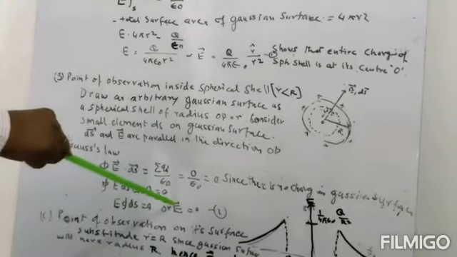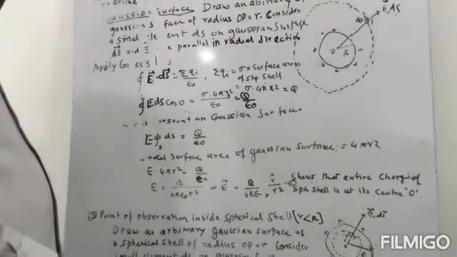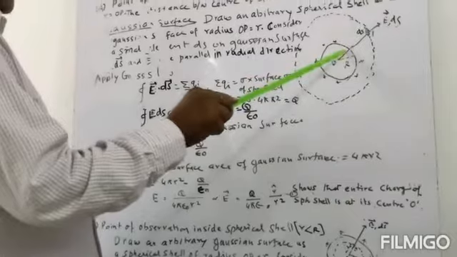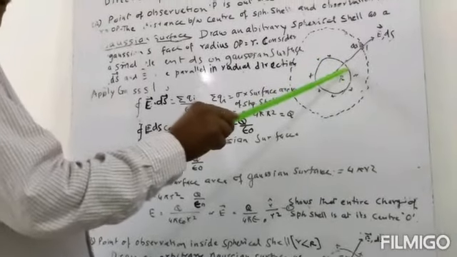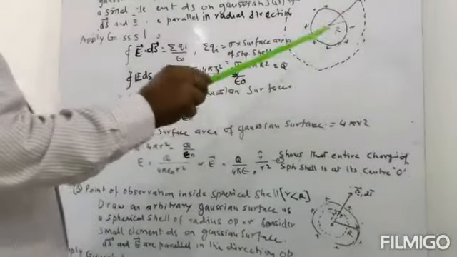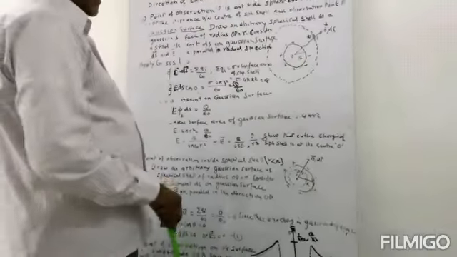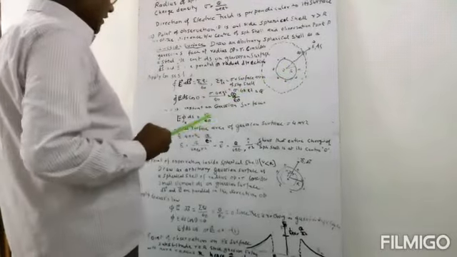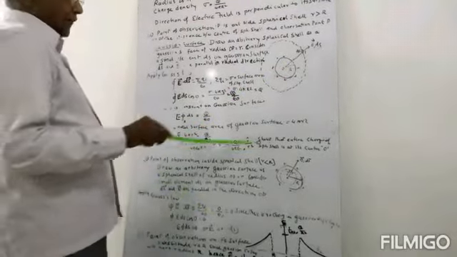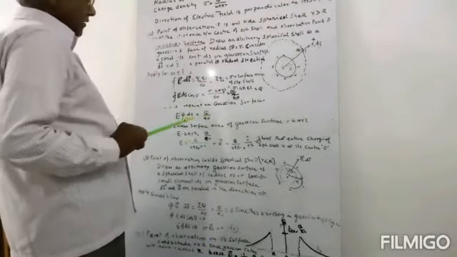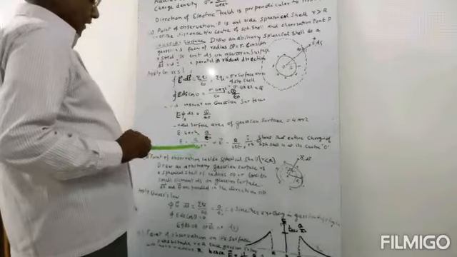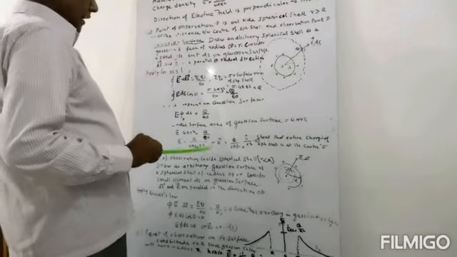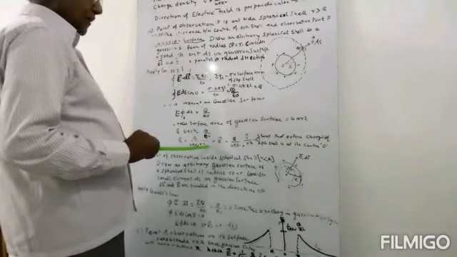So there will be no electrical field inside the spherical cell, whether non-conducting or conducting sphere. Now we want to find the electrical field at the surface of the spherical cell. Now we substitute small r equal to capital R in equation number 1. Then the electrical field here will be equal to Q by 4 pi epsilon 0 into 1 by capital R square. This will be the maximum value of electrical field.